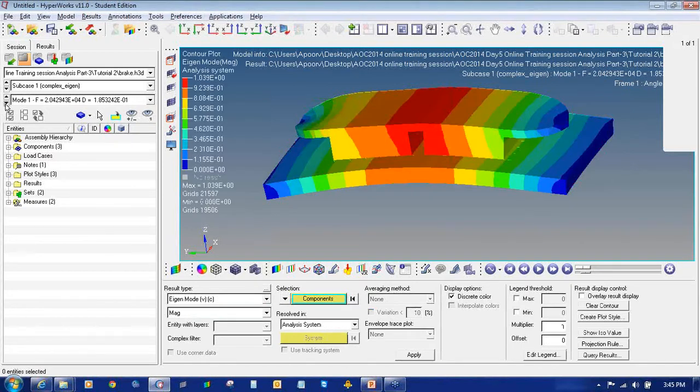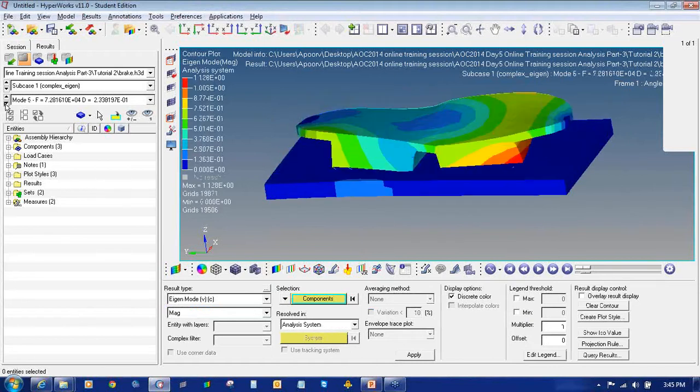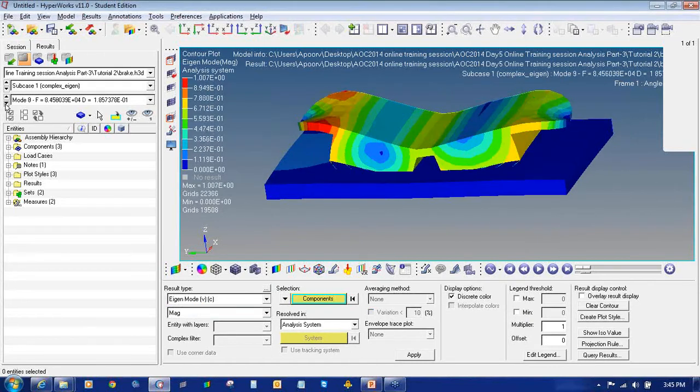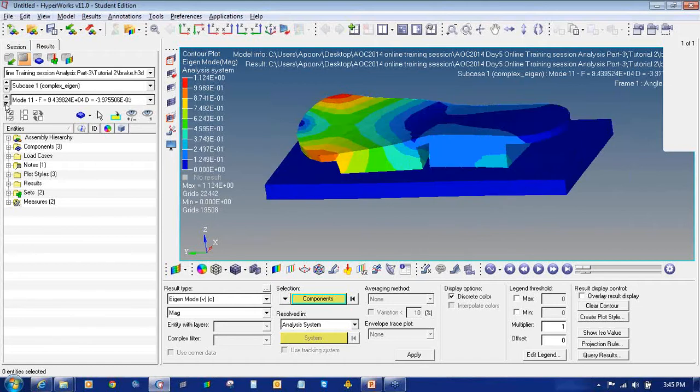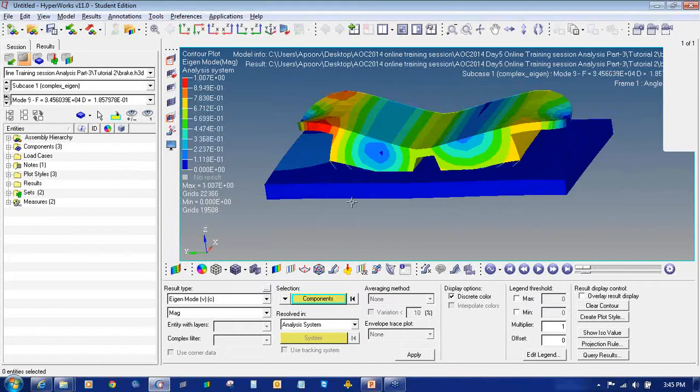Eigen mode 1, 2, 3, 4, 5, 6, 7, 8, 9, 10, 11 and 12. So 12 modes have been extracted, and these are the different values. So in this way I have ended this tutorial.